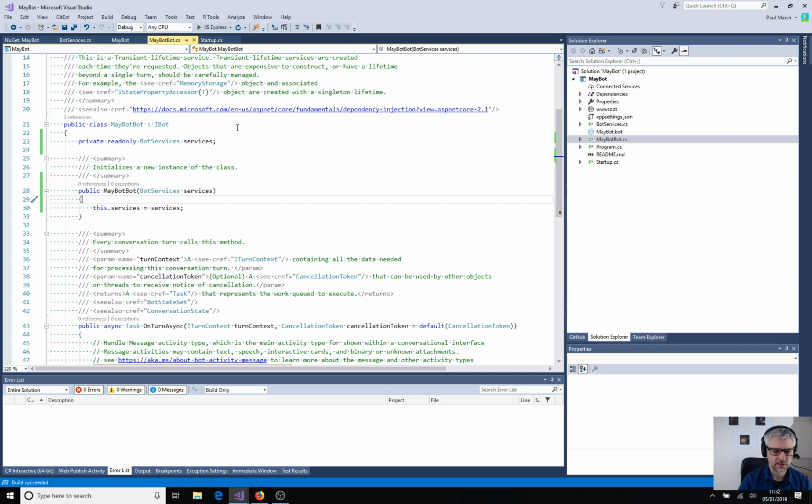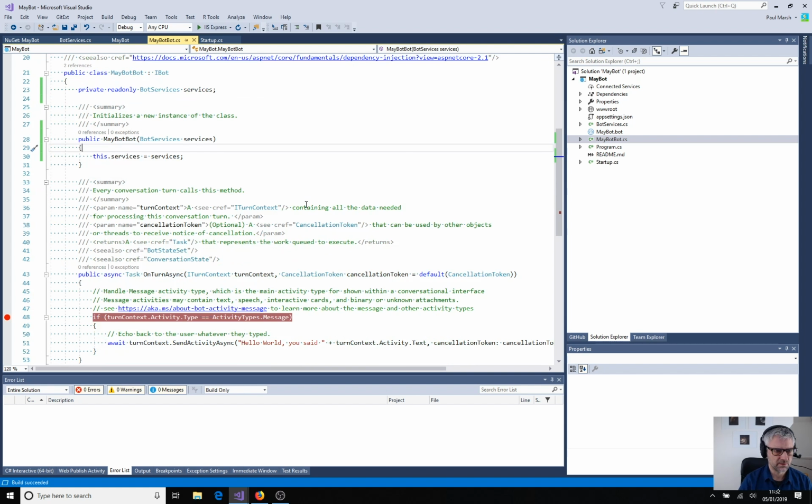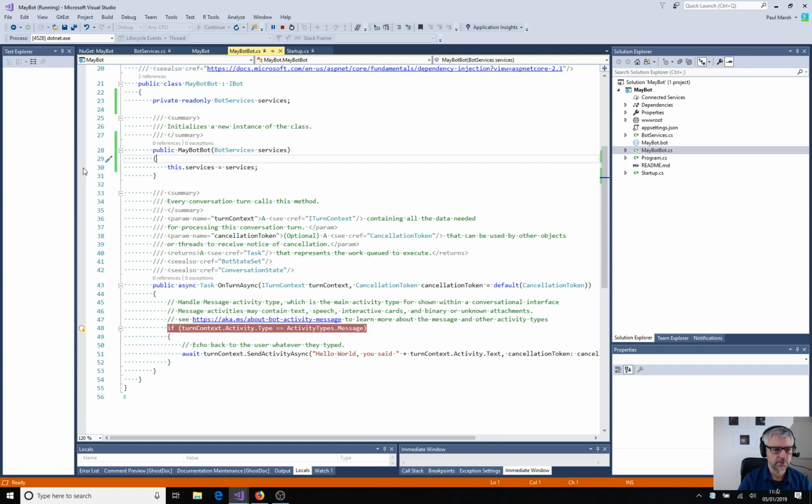Seems happy enough with that. So it kind of looks like we're all there, right? I mean, we're not using LUIS yet. Let's just see that this thing is still running. Let's put a breakpoint there. Okay, so